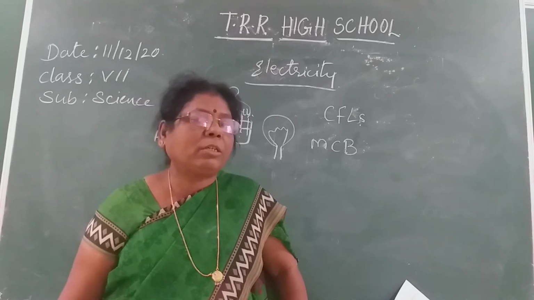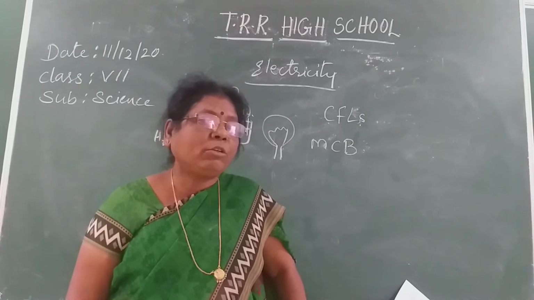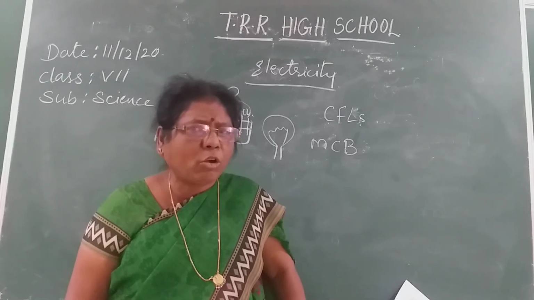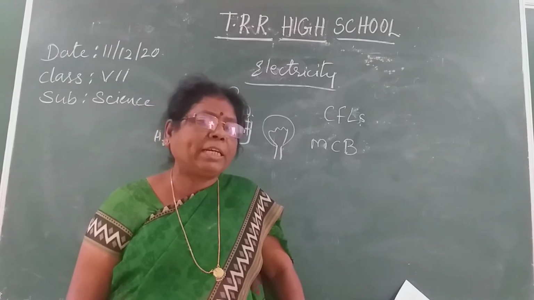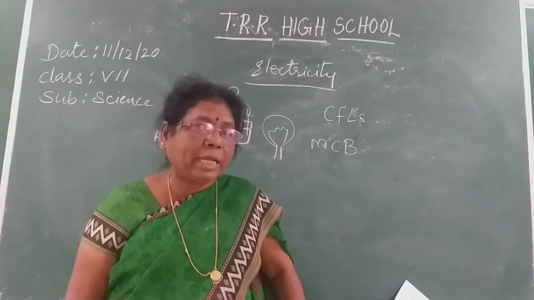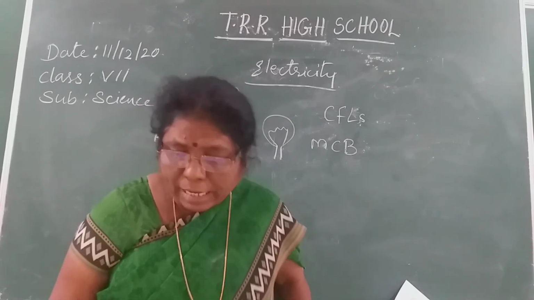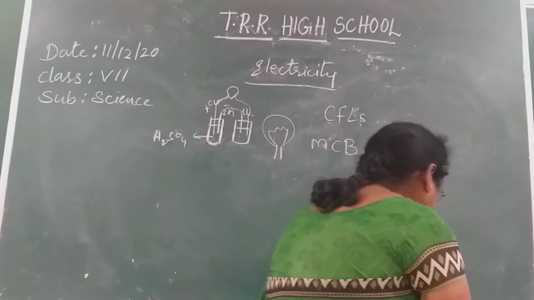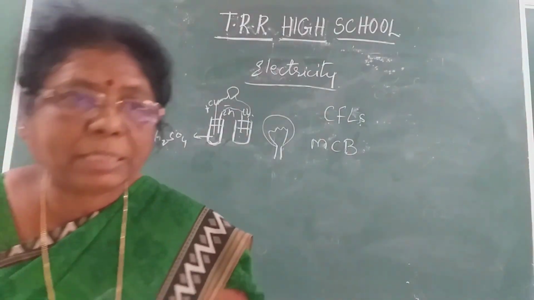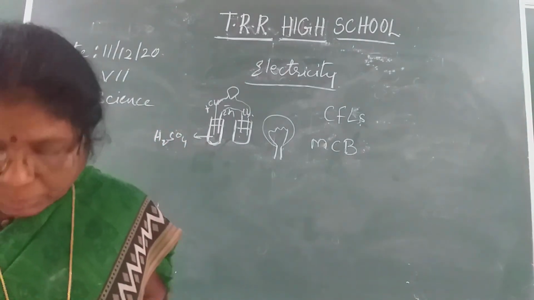Just switch off when you are there in the room at home, otherwise switch off and then only leave the room. In the school also, whenever the classes are going on, fans are on or tube lights will be there. When you are leaving the classroom, you have to switch off everything, then only leave the class. Even labs also. We should not waste the electricity. We have to conserve the electricity. So think of ways of conserving or saving the electricity. This is your work assignment.